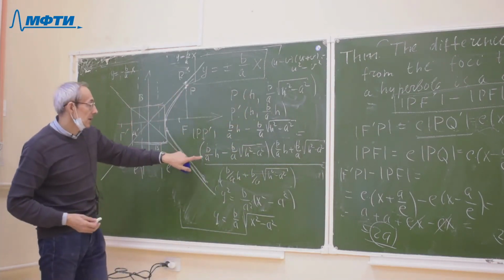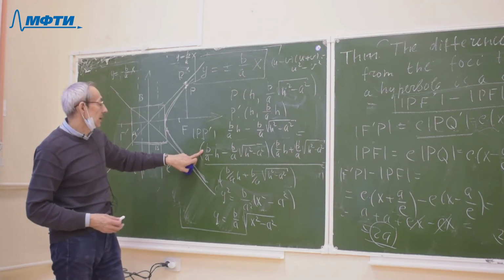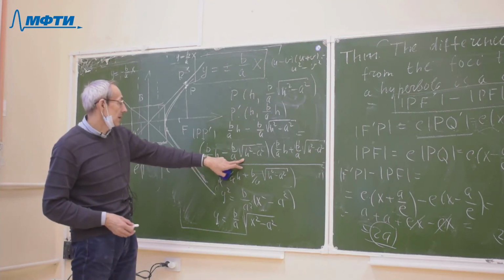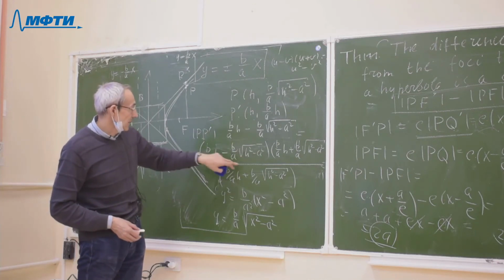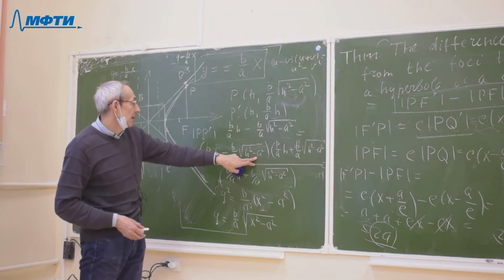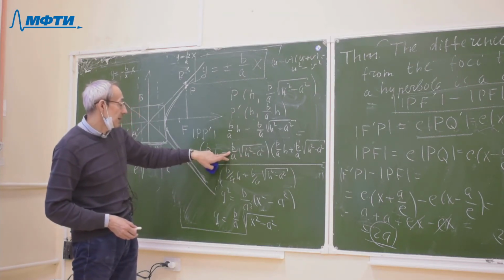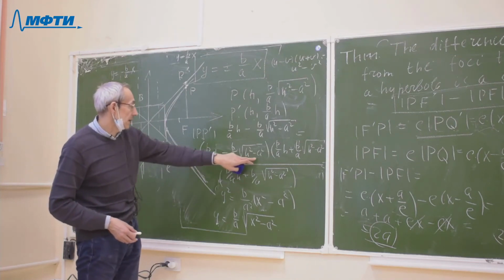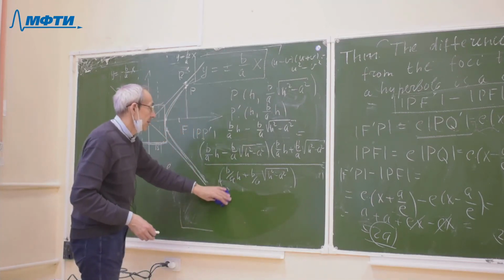And the denominator is equal to b over a h plus the square root of h square minus a square. And we obtain the following expression: